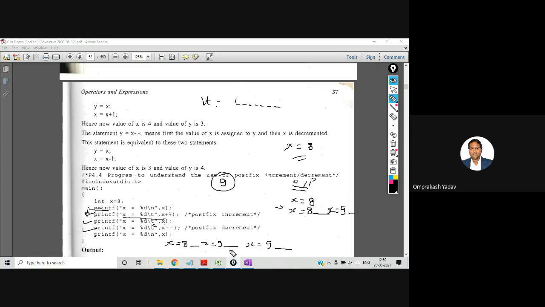Okay, so this line will not come. I'm just telling you that there will be space, and after this particular line the value of x will be incremented, x will become 8. So the last line is what? x is equal to, and we are printing the x value. x will be printed as 8, so this will be the final answer, right? First the value is printed like x is equal to 8, and after that it will be printed like this.